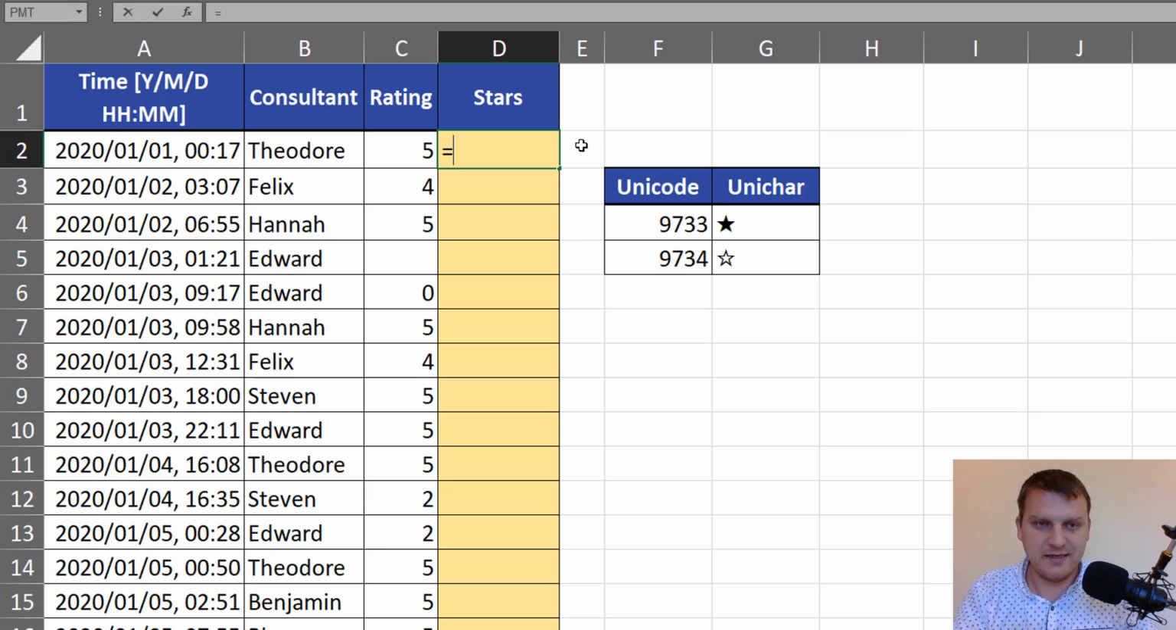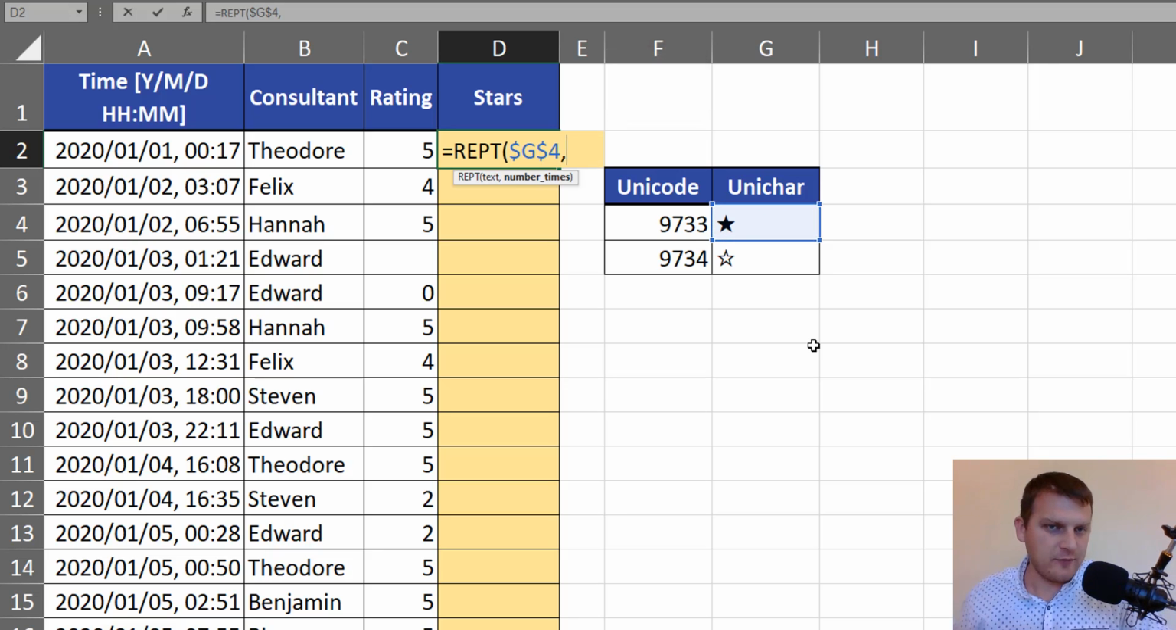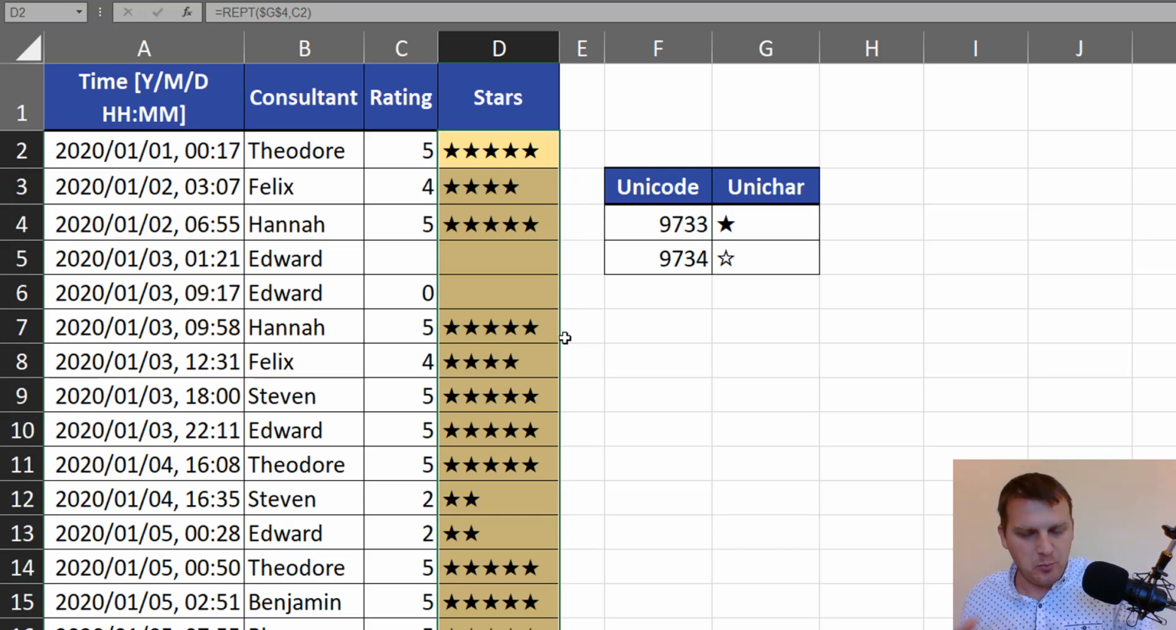So we are starting with the REPT function, the repeat function. We just give it the text string we want to repeat, F4 to lock it, then the number of times we want to repeat, and the number of times is just from the rating. So just like that we can repeat black stars, but in our assumption we decide that we always want to